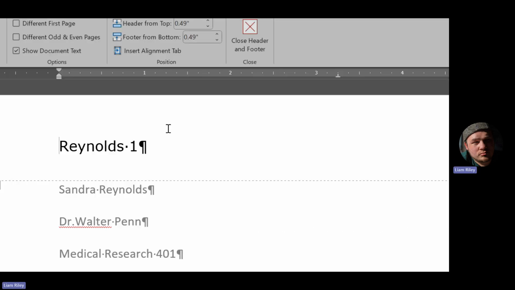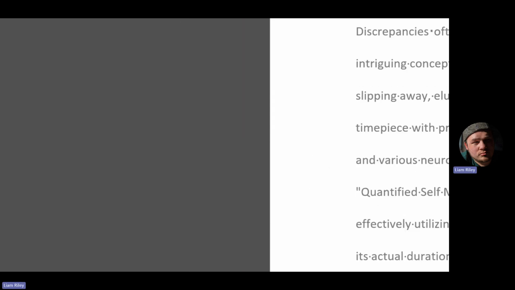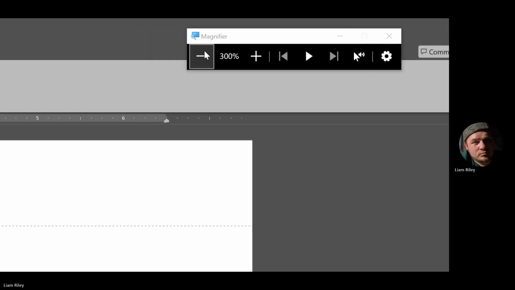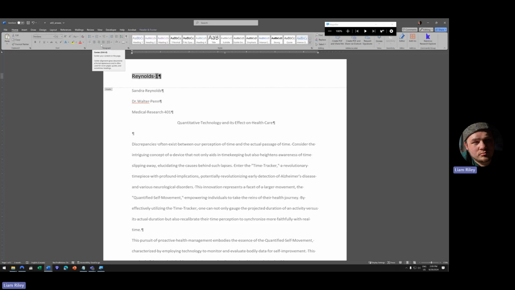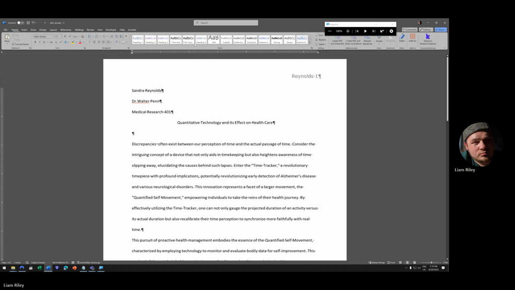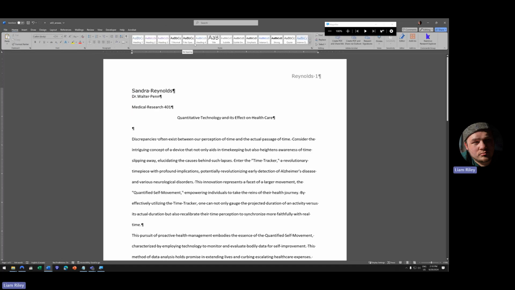It's going to insert that page number field into the header. I didn't mean to close the header. And then we need to align it to the right-hand side. So if you select this element, you can just use the text alignment tools in the paragraph group of the Home tab to just push both elements, the text that we entered and the page number field, to the right-hand corner of our document, right-hand side of the header. All right. I'm going to close the header, go back to our document, and